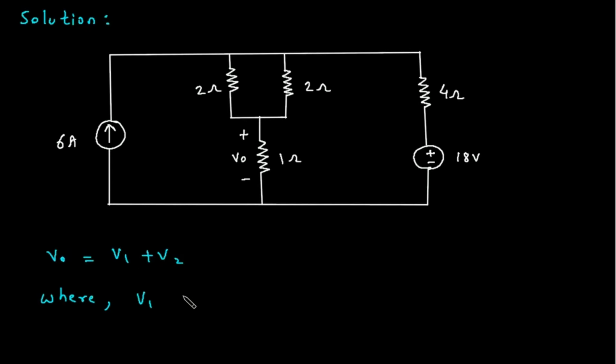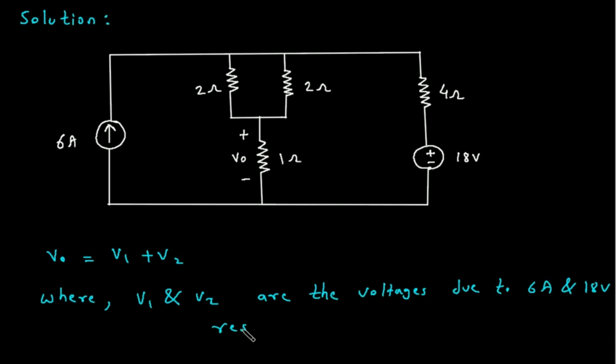V1 and V2 are the voltages due to 6 ampere and 18 volt respectively. So to find V1,